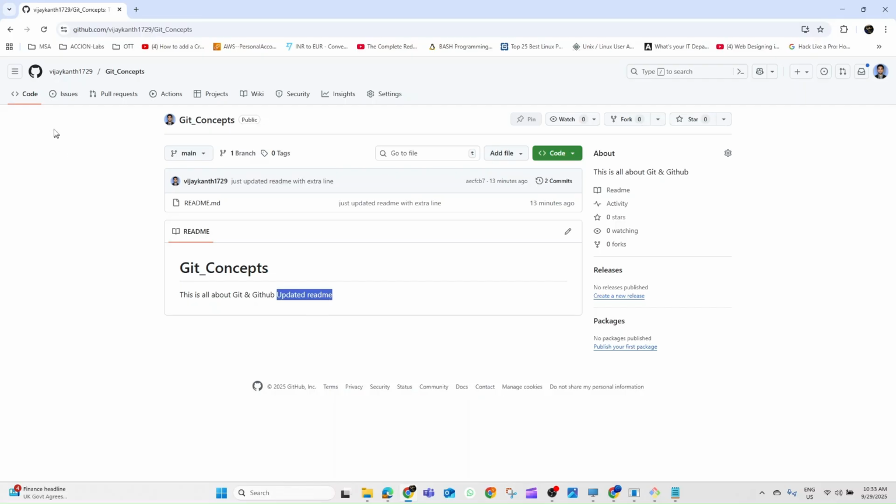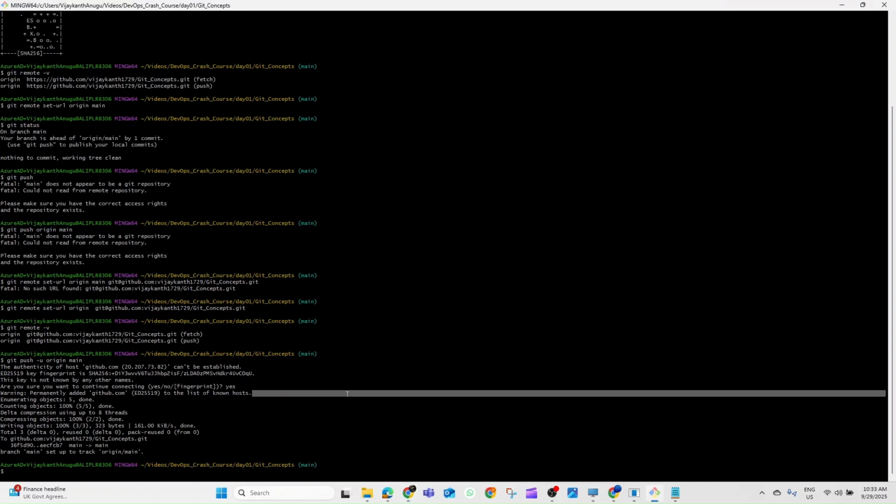Updated readme. Clear? Any questions so far? We just updated the changes from our local system onto the GitHub UI, with the process that we followed. So next time whenever you are pushing any kind of changes, let's say now we have